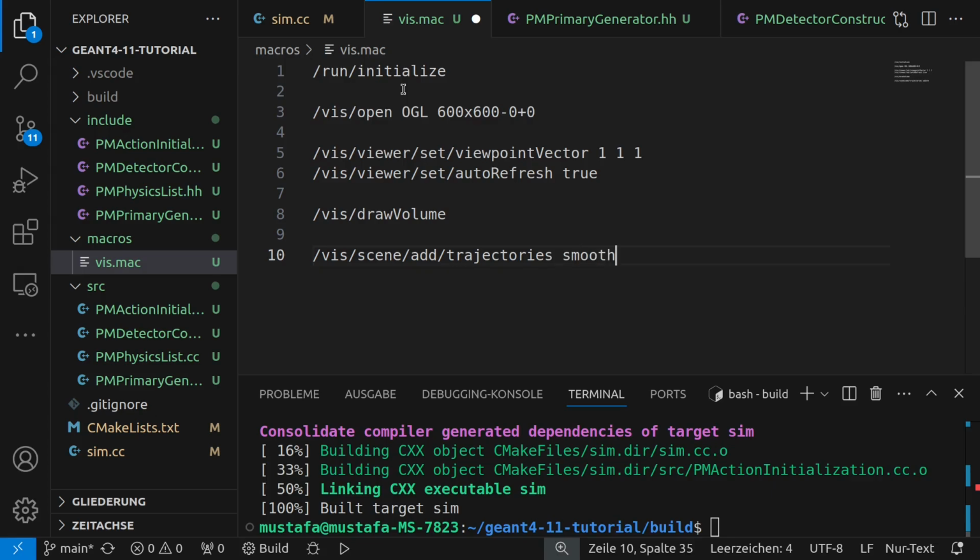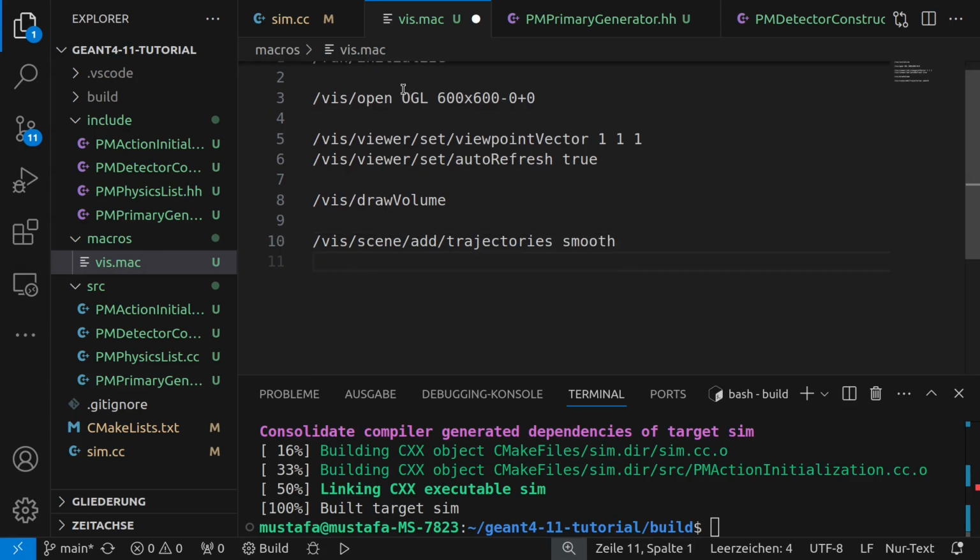And here we can write, for example, smooth. Later I will also show you a few more examples, but for the time being this is the best idea. Then what we can also do, we can write here vis scene end of event action accumulate. So it makes sure that if we shoot more than one particle, they all accumulate and we can see them